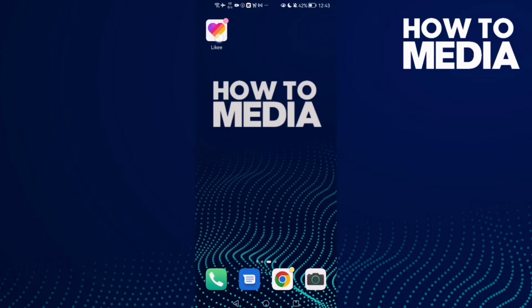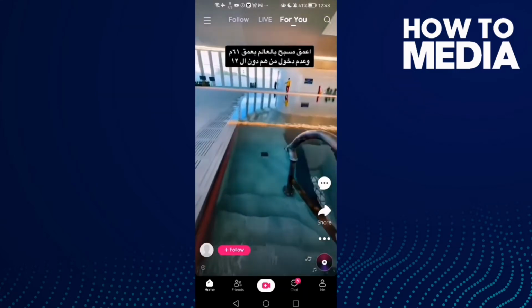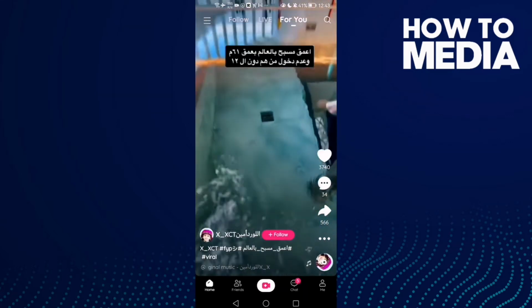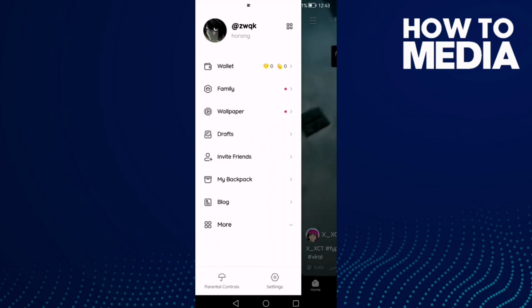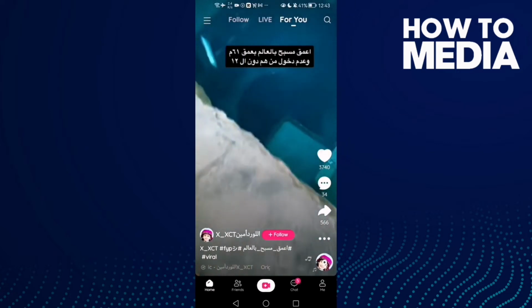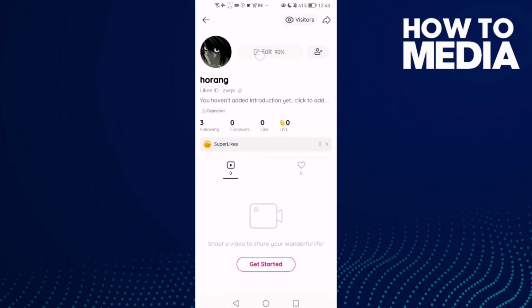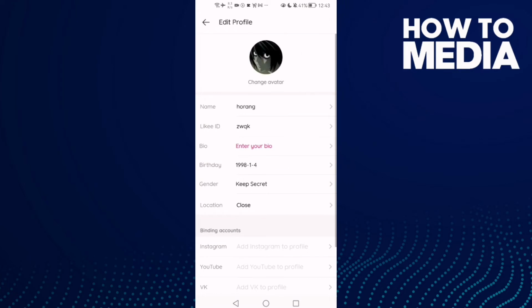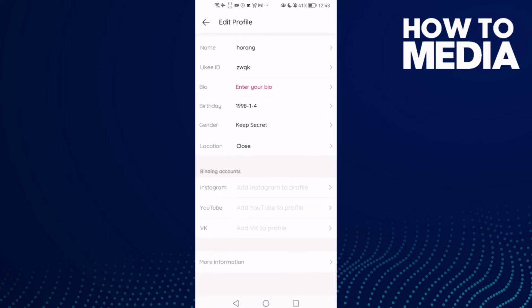First thing, go to Likee app and then click these three lines in the top corner, and then click this on your profile, and click edit, and here just go down until you find more information,